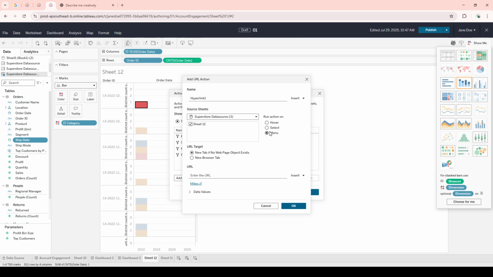Once the trigger mechanism is set, it's time to enter the full URL you want to link to. Keep in mind, you can utilize dynamic data by embedding field values or parameters into your URL. This is easily done by clicking the Insert menu next to the URL box and selecting the fields or parameters